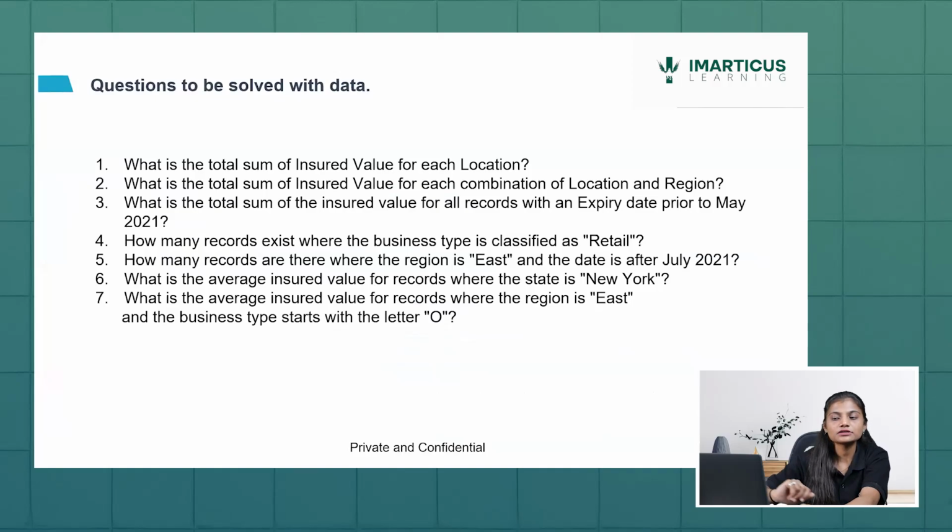So there are certain questions which I want to solve, and I want to explain to you how these functions are being executed and how they are working. The very first question which we will solve with respect to the data which we have is, what is the total sum of insured value for each location? Which means for each location which is available in my table, I want to find out the insured value for it. Now, how I would do it is,